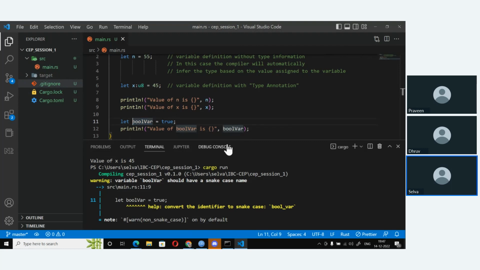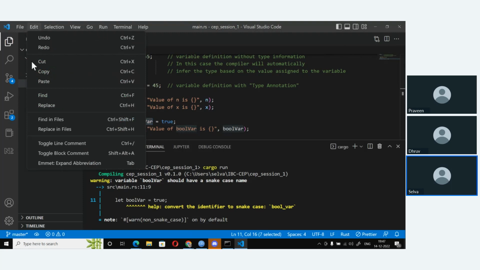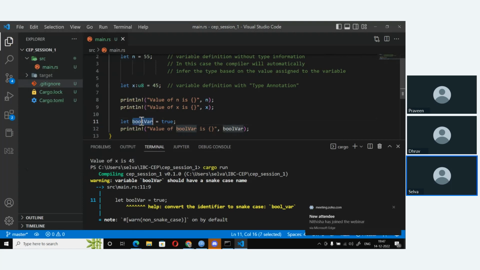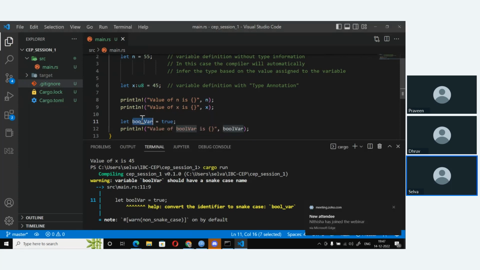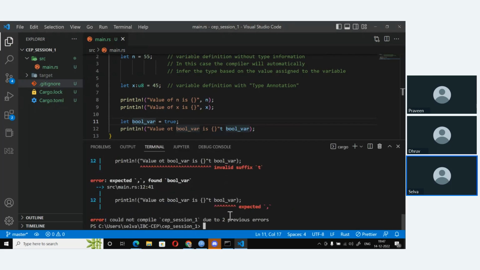So instead of defining it like this, I'm going to change it to underscore.